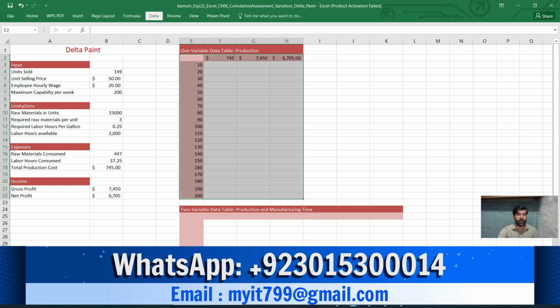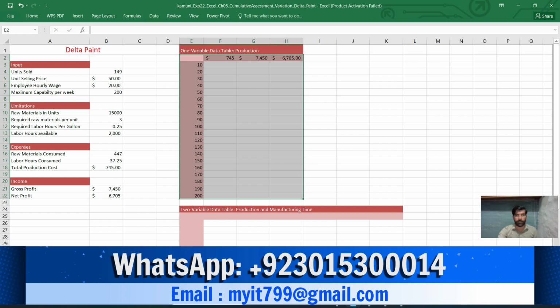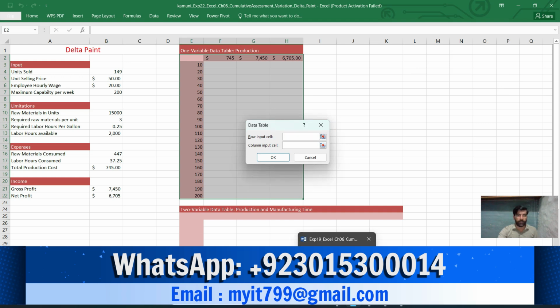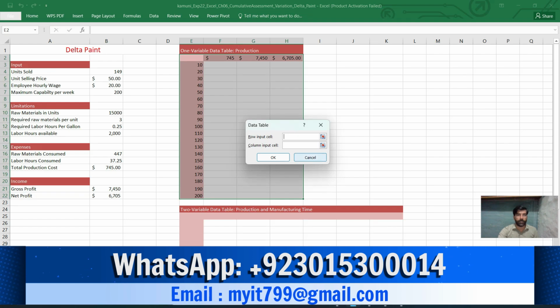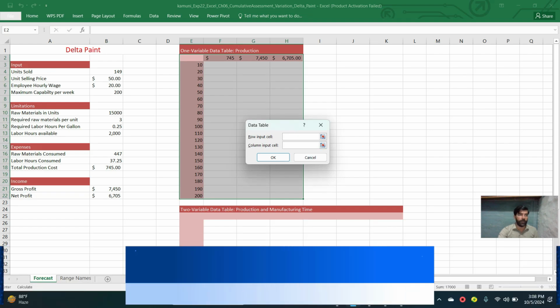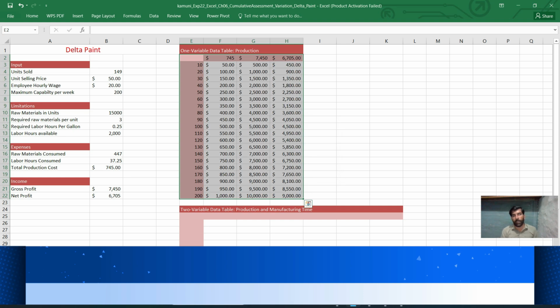I go to the Data tab. This is the What-If Analysis, and this is the Data Table, and instruction says B4 as a column input. This is B4. Just OK it. I get the result.